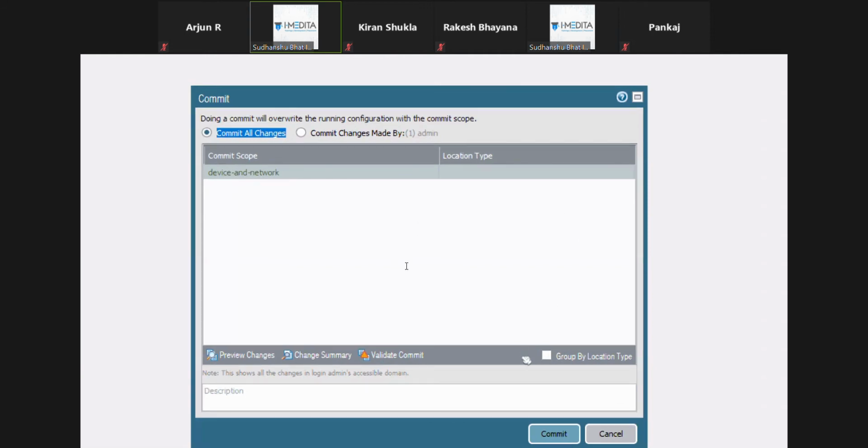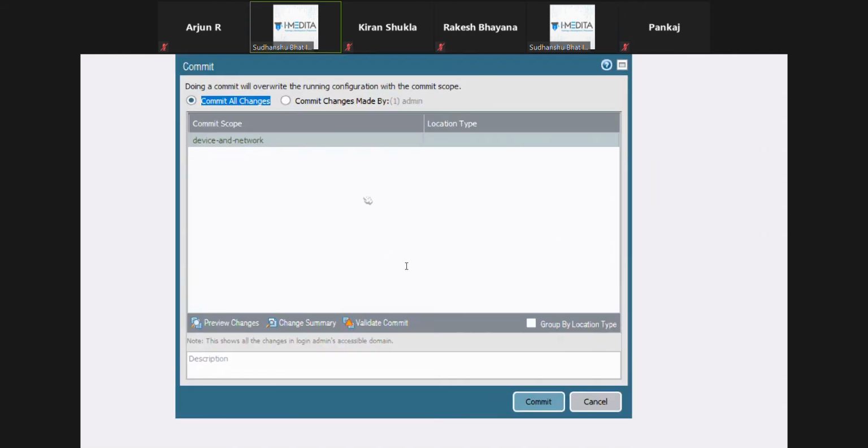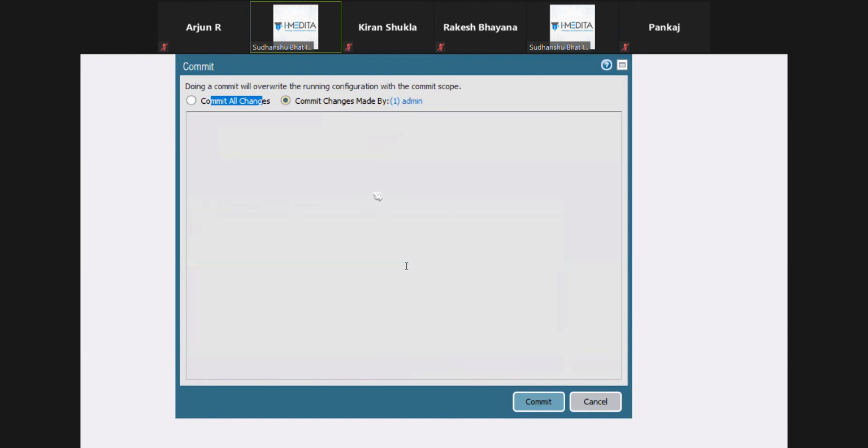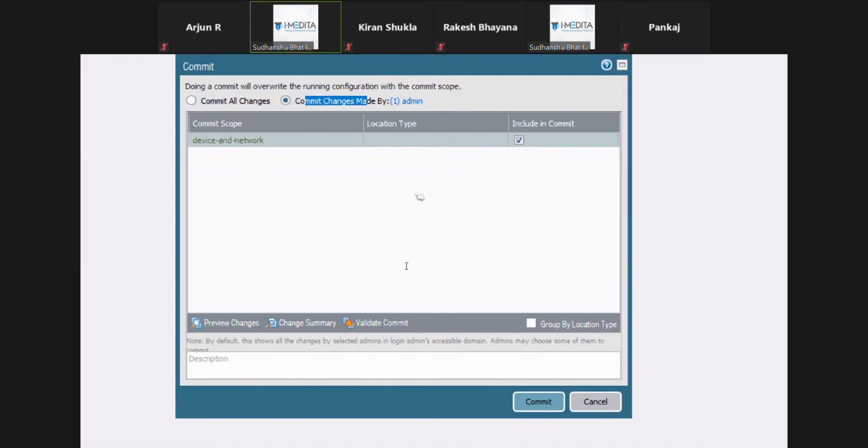So sometimes you avoid selecting commit all changes, because this will commit everything, even if some other admin has made partial changes not yet complete. Preferably most admins like to commit only the changes made by them, because at least I know I have completed my configuration and want only those changes to take effect.